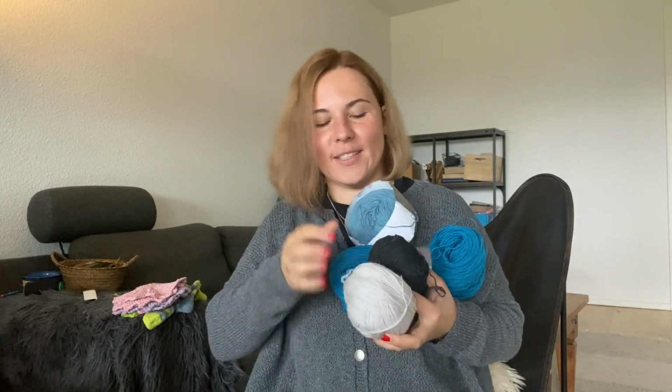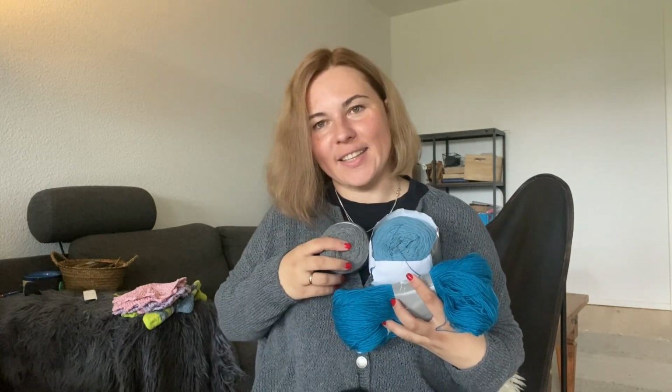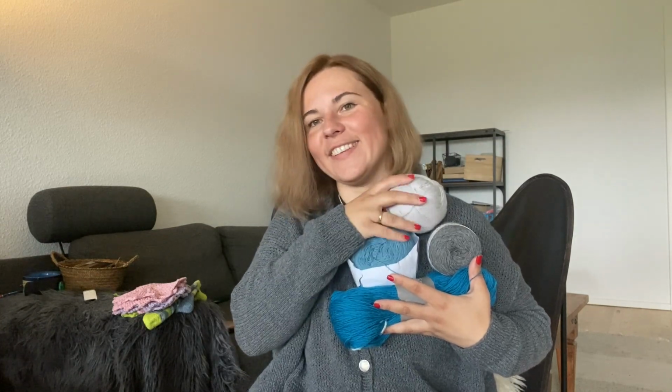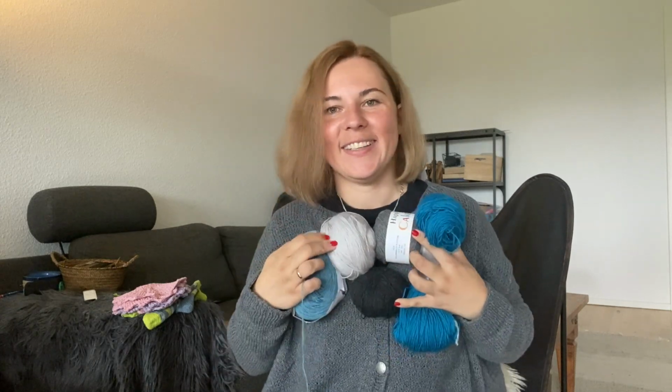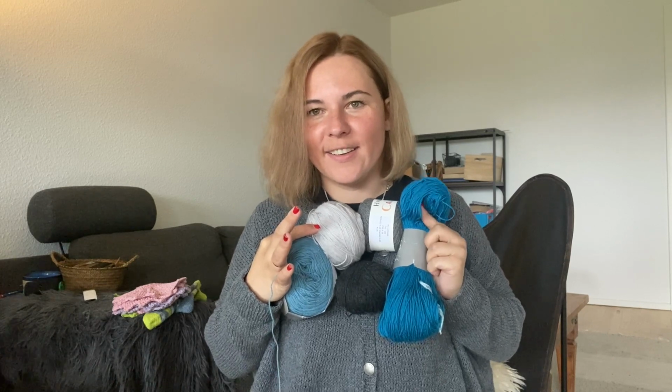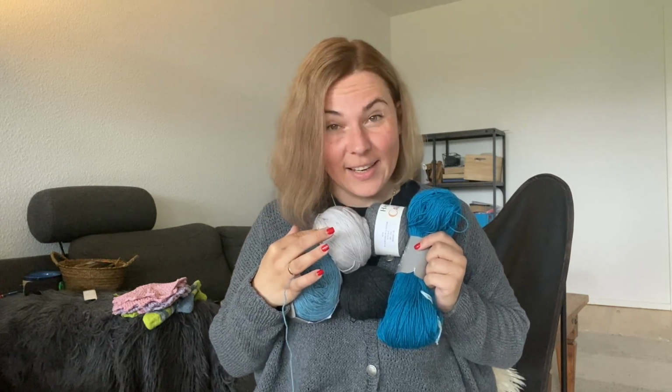So I decided to go with these 2 blue colors, one brighter, one lighter, then add 1 gray color. It's a really similar color to what my sweater is knitted in, then 1 light gray color. And this is also a dark gray color. It looks almost like black, but it's like anthracite gray. Yeah, that's my color combination. I'm not good at showing that, but it's also hard to hold 5 skeins of yarn. Maybe like that. So that's my color combination for the Stephen West Knit-along, and I hope to cast on today, maybe